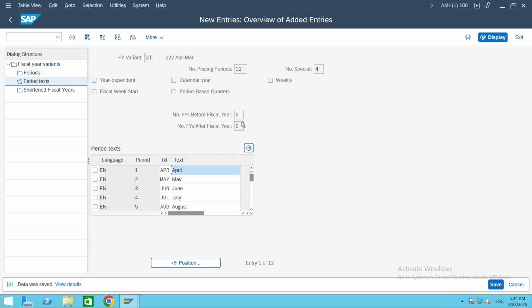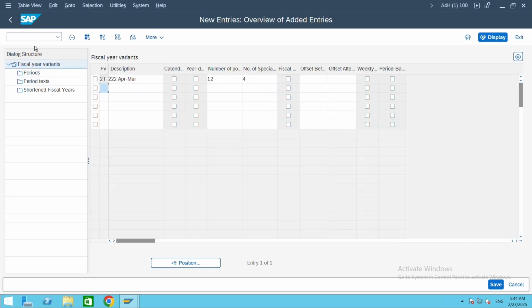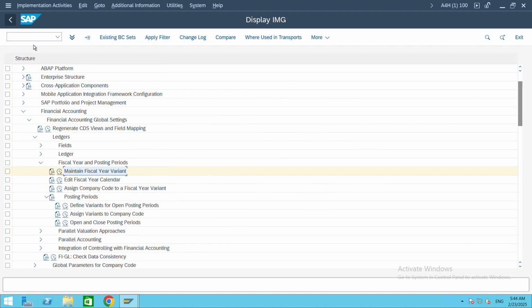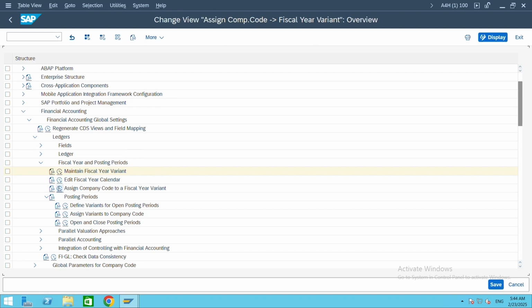Now we have done the configurations for creation of fiscal year variants. Now we need to assign this fiscal year variant to the company code. Go back to assign. Again click on back. Again go back. Again go back. Now we will be coming into the display IMG screen. In the same menu path, just below maintain fiscal year variant, the second option is assign company code to fiscal year variant. Execute this